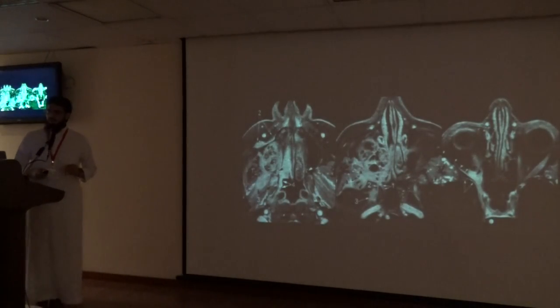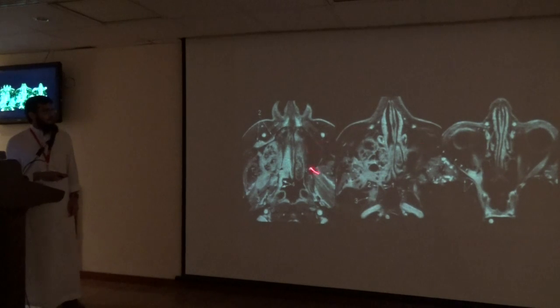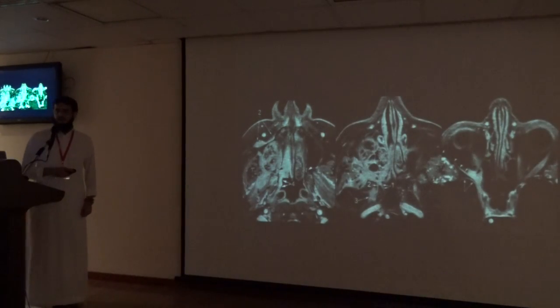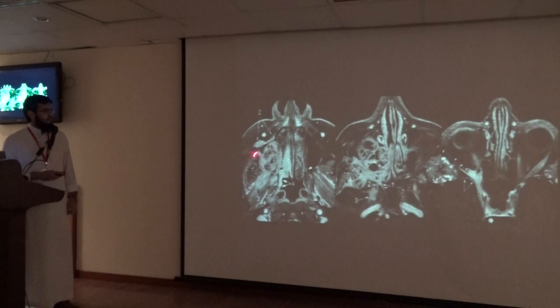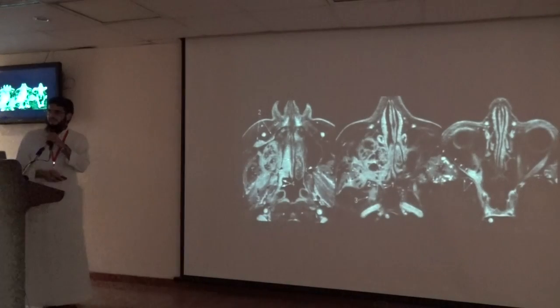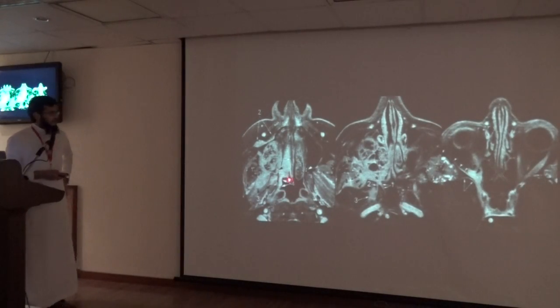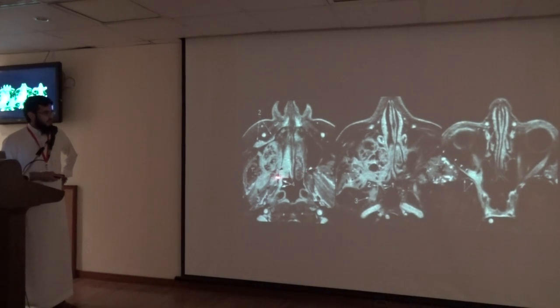Nothing can explain the importance of the pterygopalatine fossa better than this image. This is an MRI of a patient with adenoid cystic carcinoma of the maxillary sinus involving the pterygopalatine fossa. Let us see how this tumor can spread in the head and neck. You can see the difference between the pterygopalatine fossa here and on the contralateral side. So the fat plane is preserved and the vessels are preserved, while on the other side it is invaded by